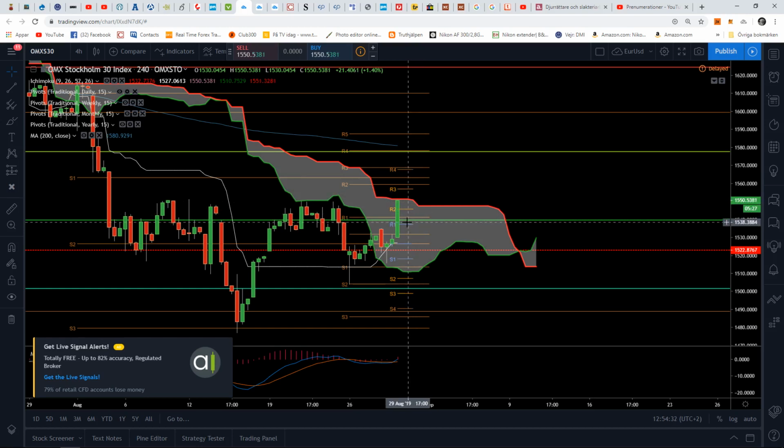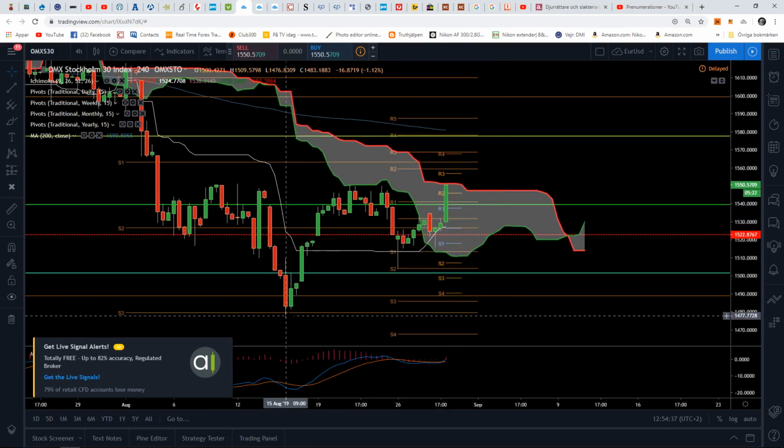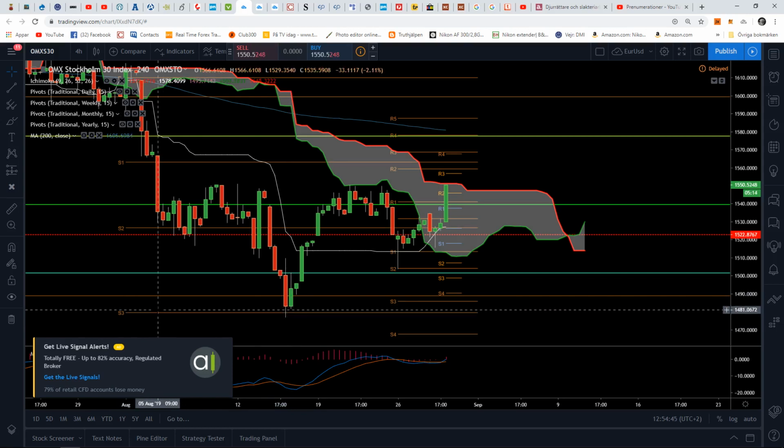So it's a bit unclear, but we're seeing some signs of recovery from this low here, 1470, about 1477,